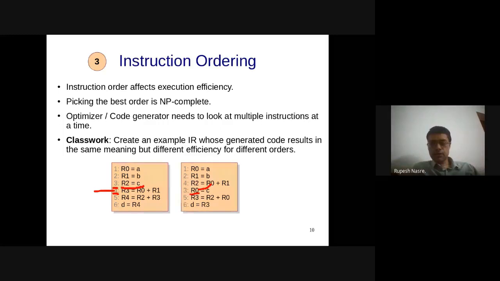So hazard is at 2 to 3 and 3 to 5 in the second code. 2 to 3. You mean 2 to 4 this way. So R1 is being written to and R1 is being read from. Yes, the write back of the instruction number 2, that is R1 equal to B, can conflict with the instruction decode or even instruction execute of the instruction number 4.